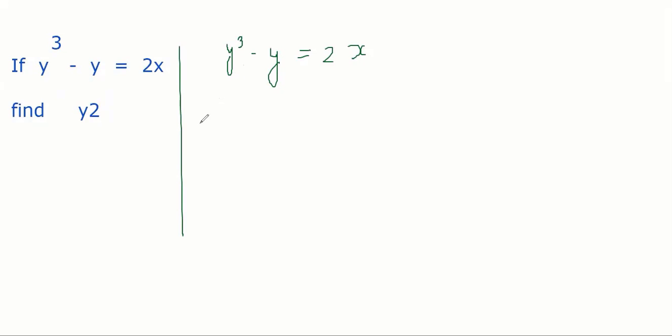तो y cube का डिफरेंशिएशन क्या होगा? 3y स्क्वायर डायरेक्ट. y का डिफरेंशिएशन क्या होगा? 1, क्योंकि हम लोग कर रहे हैं डिफरेंशिएट विद रेस्पेक्ट टू y, मतलब dx by dy इक्वल टू 2. x का क्या होगा? dx by dy. अब क्वेश्चन है कि हमने dx by dy क्यों किया, dy by dx क्यों नहीं किया? जस्ट बिकॉज y क्यूब था, तो बिकम मोर कॉम्प्लेक्स, इसलिए हम लोगों ने